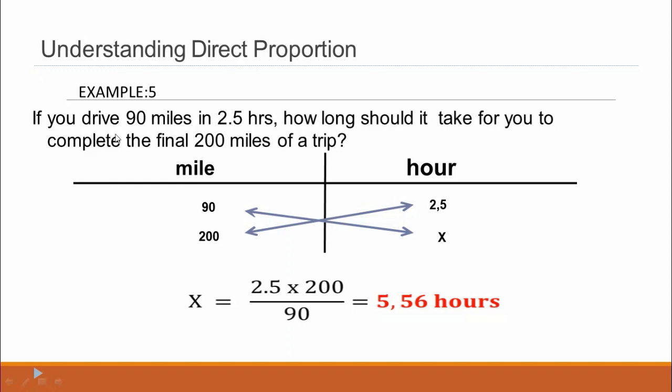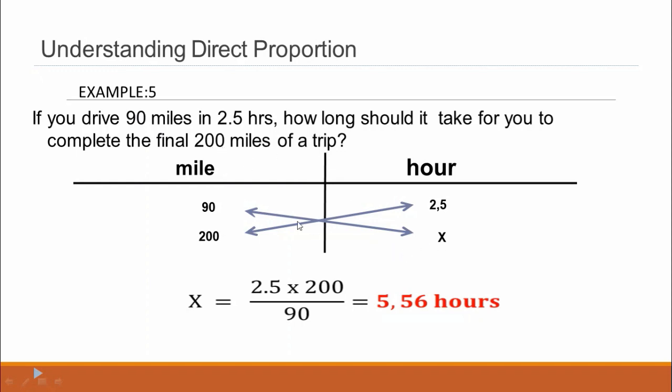Now put the second quantity in the second column, hours. In the first sentence we have 2.5 hours, and in the second sentence the hour is unknown. In the first sentence we have two quantities, meals and hours. So meals is 90 and hours is 2.5, and in the second sentence we have 200 meals and the hour is unknown.